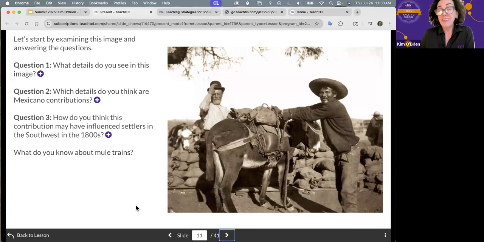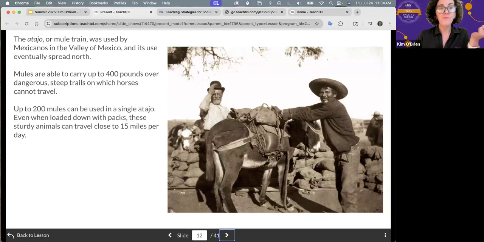So as an aside, when you see questions like this, three in a row, and we have this a lot, in fact, we have it in most of the classroom activities, you'll notice that these questions are spiraling in complexity. We're just asking them the first question, what do you see? Then we're kind of turning up the volume a little bit. What details do you think might be contributions? And then really a deeper level question, how do you think this contribution may have influenced settlers? And then we find out it's mule trains. So then they talk about the atajo or mule train and talk about what it is and why it was